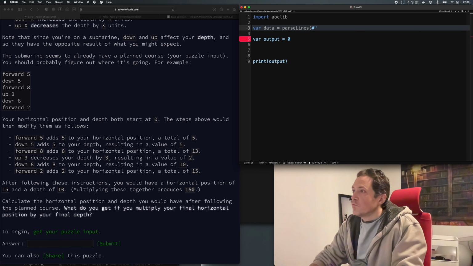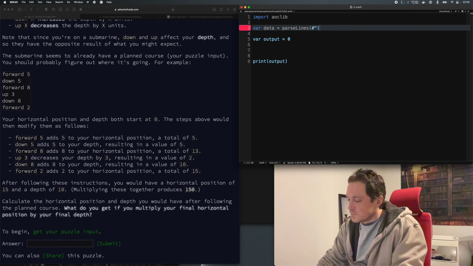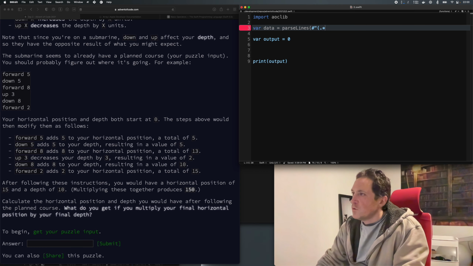I have a function that will do regular expression things. So let's try this.